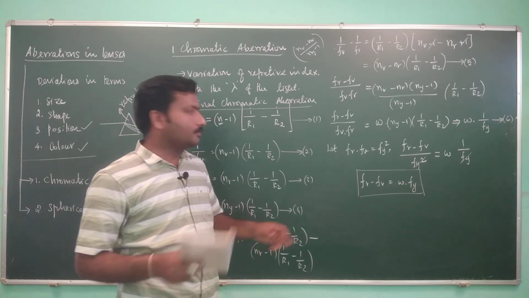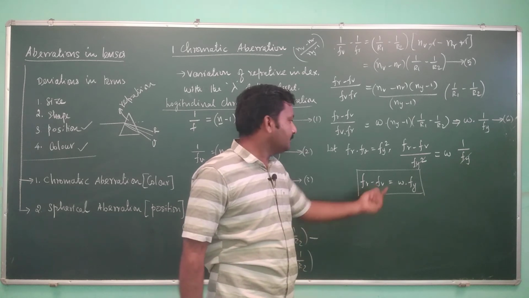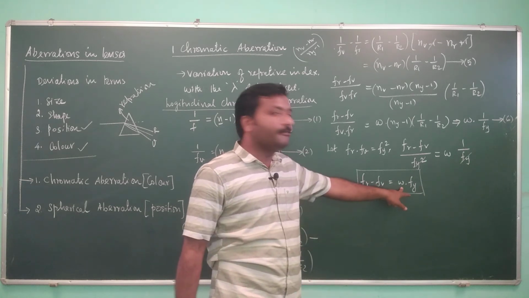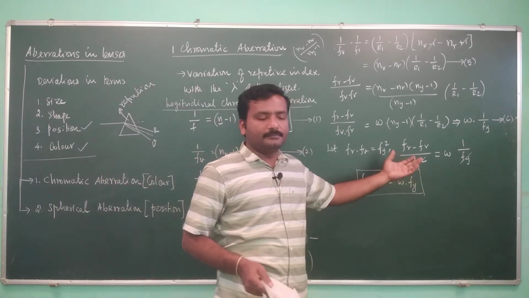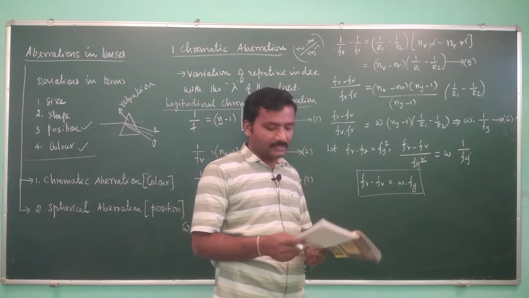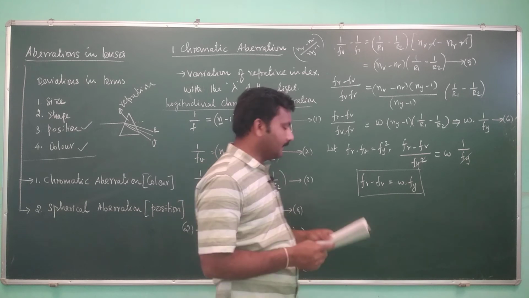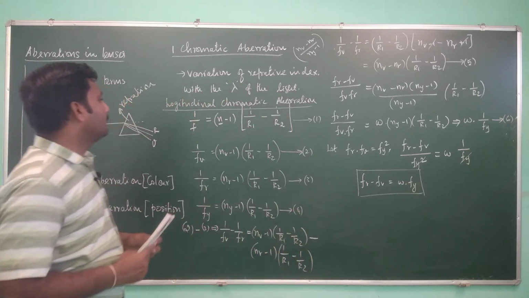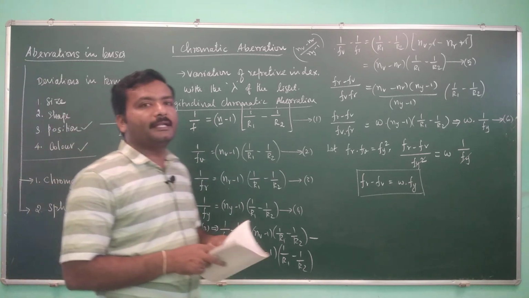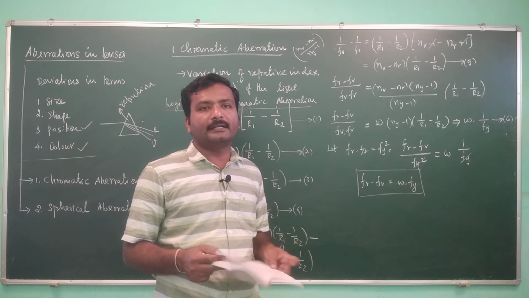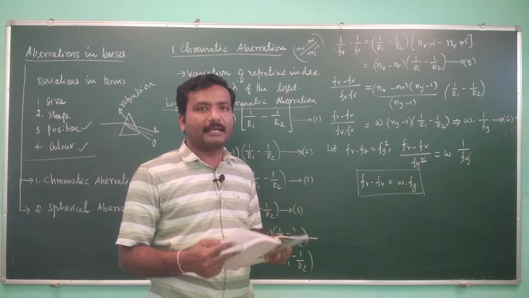Okay, so the extent of chromatic aberration is based on the wavelength of the white light. Sorry, not wavelength, I mean the dispersive power of the lens. It is based on the dispersive power of the lens. So this is how we can write a simple equation for the extent of chromatic aberration of violet and red color for a convex lens for a parallel ray.